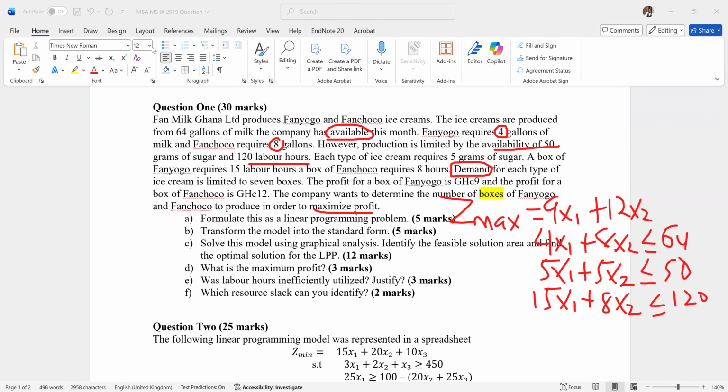Since we don't know the demand, let's represent the demand by some number, maybe 1. So we can make 1S1 plus 2S2 is less or equal to